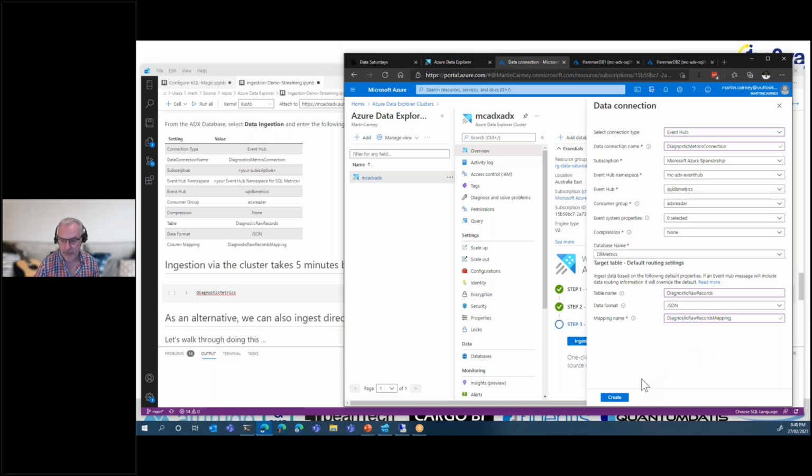That sets everything up from there. I can now say go ahead and create that data connection. It will check things up from that. It will make all the connections available. And after a little bit of time, it will start to push that through. We'll see that once it's